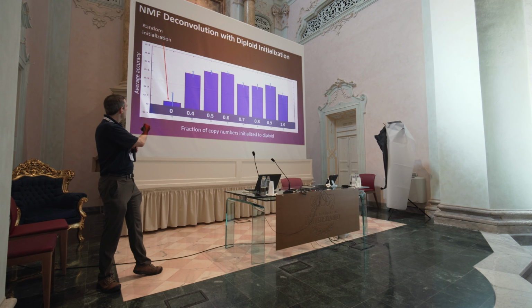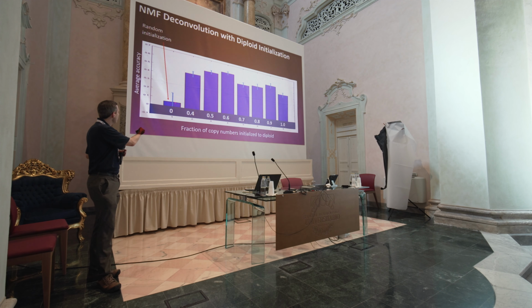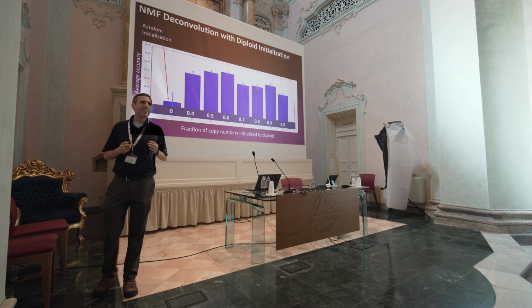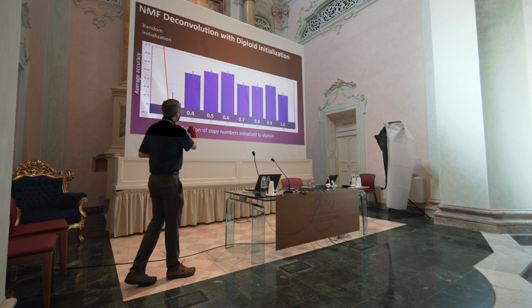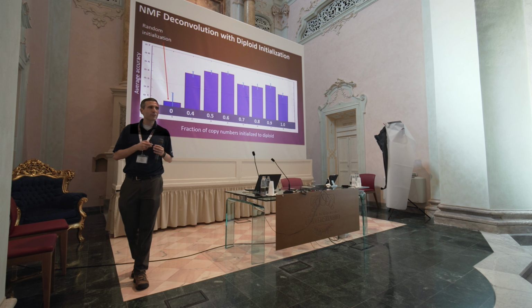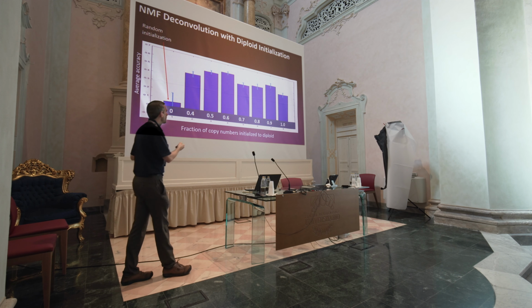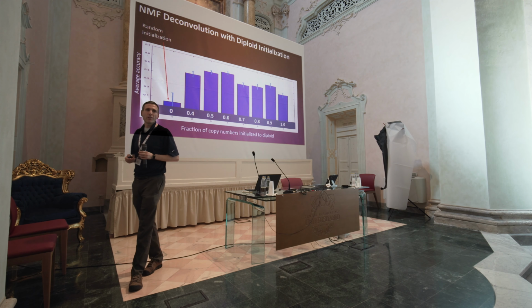If you just do your pure NMF, basically we see what you would expect, it doesn't work. So the accuracy of deconvolution is about 5%. It's completely useless by itself. But just throwing in a little biological knowledge, the assumption that these tumors are largely diploid, ends up bringing that up to about 50% accuracy. So just adding that as a constraint gives you a way of resolving the underdeterminedness, to a large degree, of the problem. You can get some accuracy out of it, but we're not using the single cell data yet.